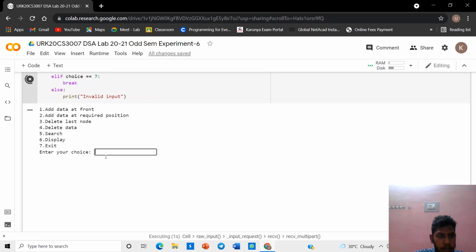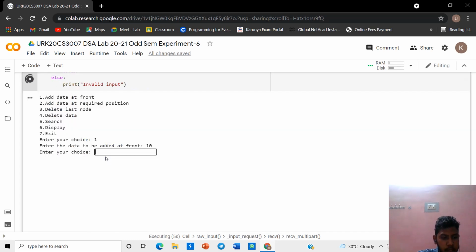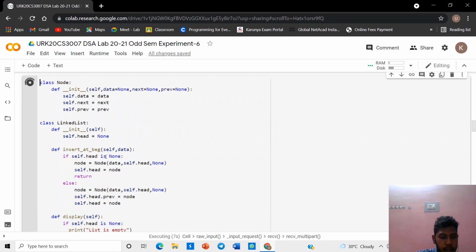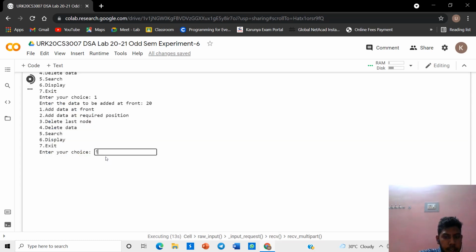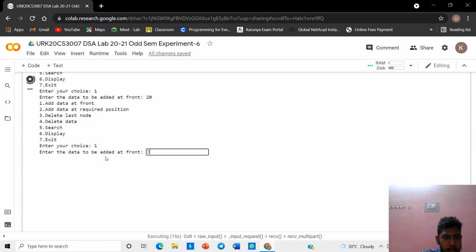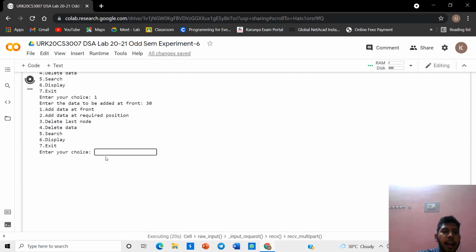Run once again. First we want to enter the data 10. After that I enter the data. And again I insert the data. After that I add the data at the required position where we want to insert that.